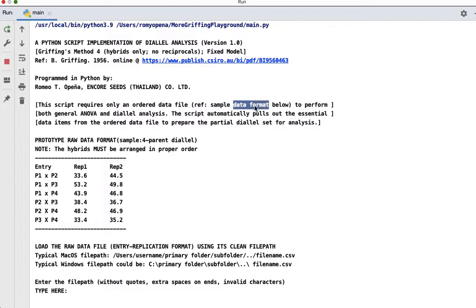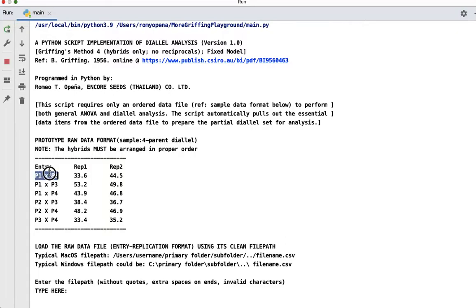Here is an example of how the raw data from a 4-parent diagonal should be arranged. We assume here, for discussion purposes, that all 6 possible diagonal hybrids were field tested in a randomized complete block design, with 2 replications. This is how the raw data should be organized.